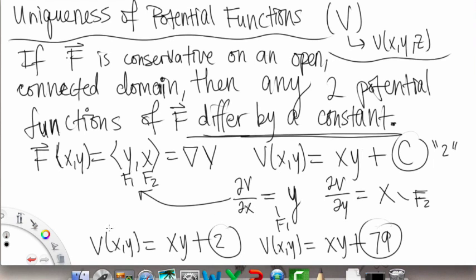Okay, and this is our potential function that we're talking about, our v of xy, or v of xyz if you're working in 3 variables. But basically, this constant here doesn't really matter in the long run. Okay, so that does it for this section,